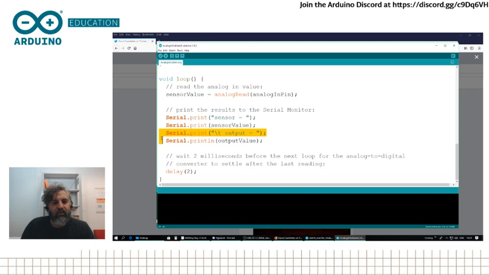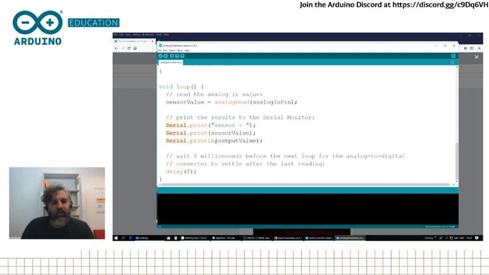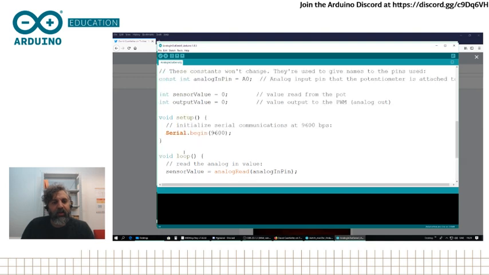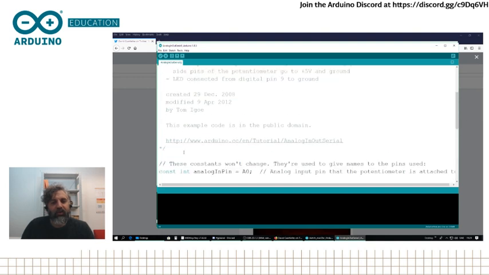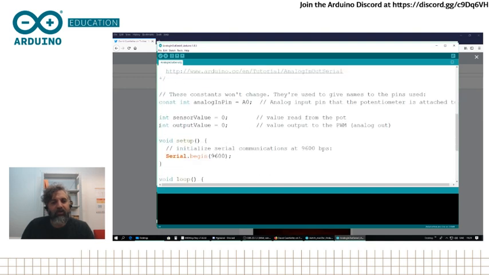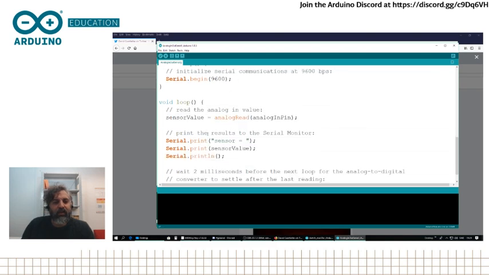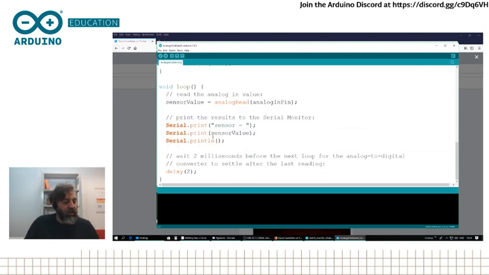And like this. So we just print out the sensor information to the screen, and every 2 milliseconds it will make a new reading and send it back to the screen. As you know, when I read a value, it will be a number between 0 and 1023. And what I want to see is which is the range I get depending on the resistor I put connected to the sensor in this case. So I upload this to the board,